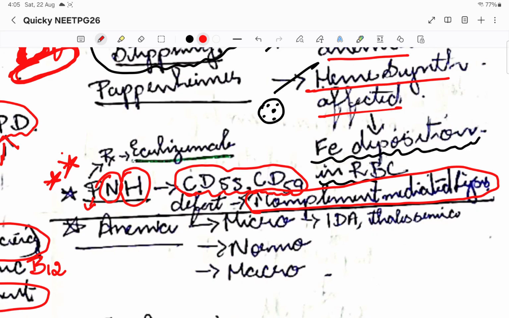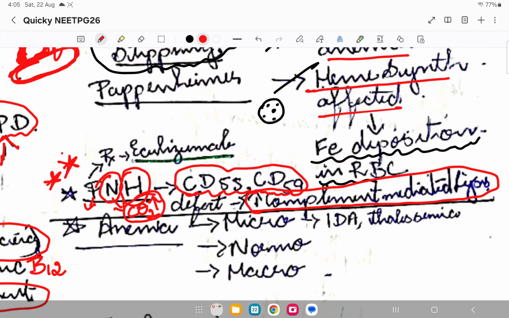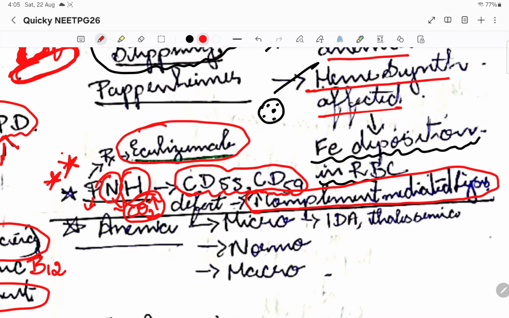Okay, this happens more at night because at night there is increased carbon dioxide and acidosis is there. Acidosis will cause increased lysis of RBCs. So that is why we see PNH at night. Okay, so that's it. The major treatment of choice would be eculizumab. Okay, so this should go into your